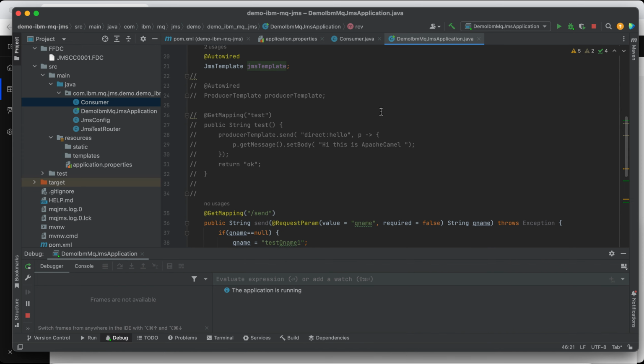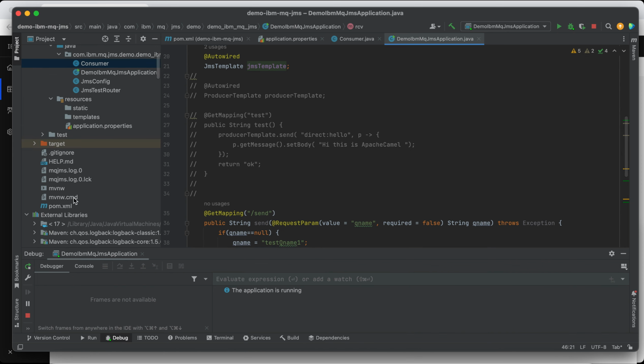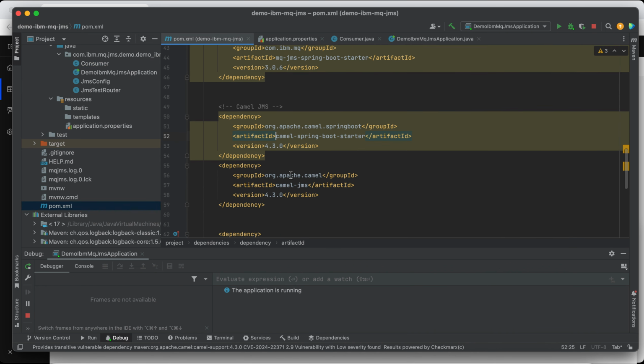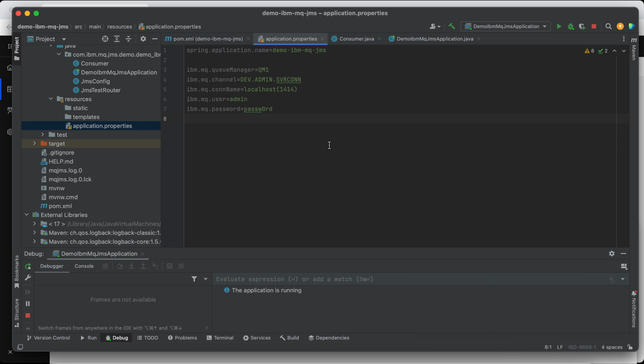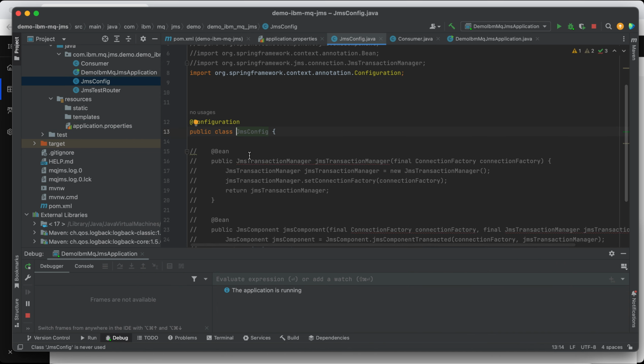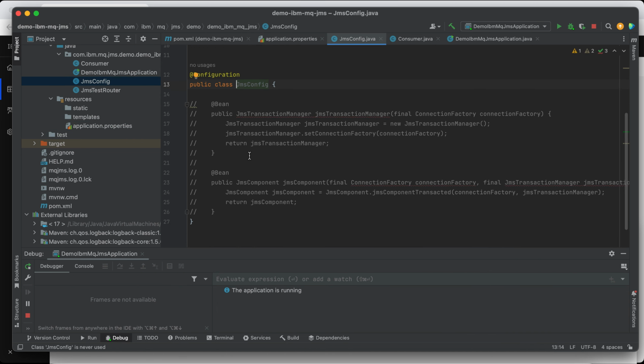Okay, so first, as I said, we already added the required dependencies or libraries, which are Camel Spring Boot Starter and Camel JMS. We don't need to configure anything in our application properties, but for Camel to work, we still need to do some configuration here.